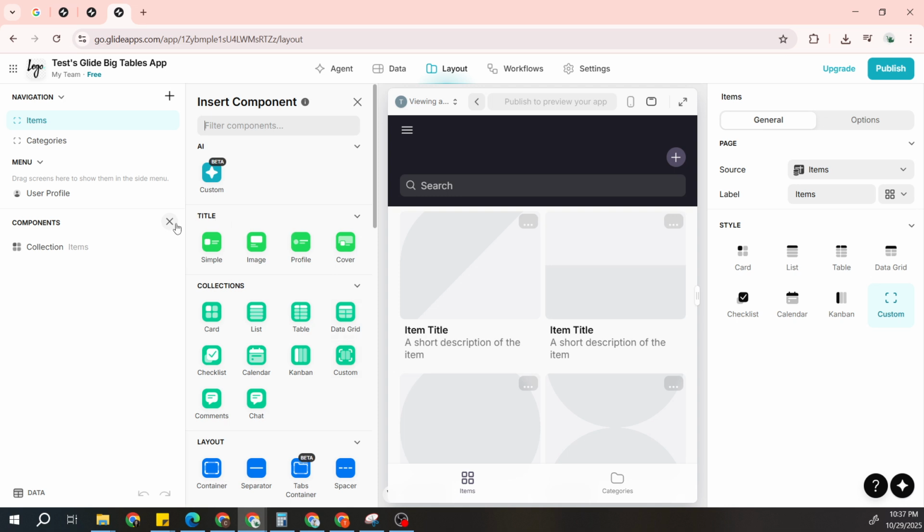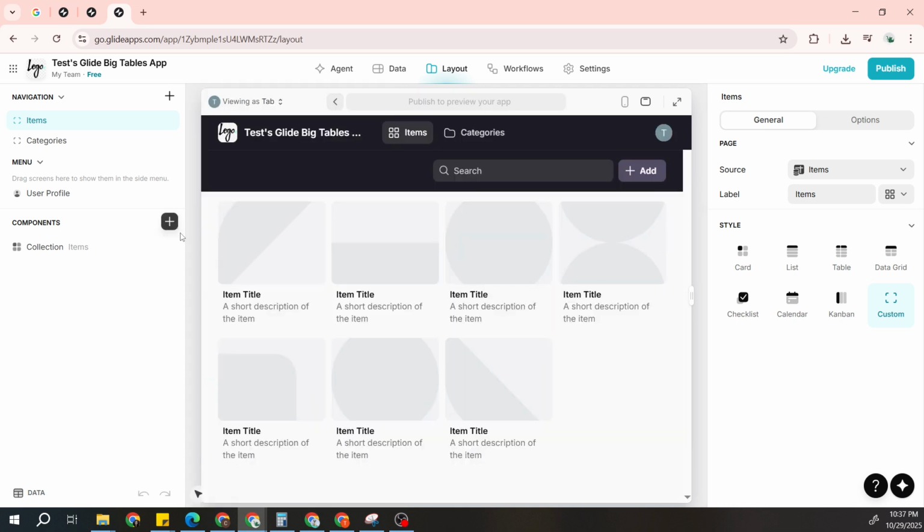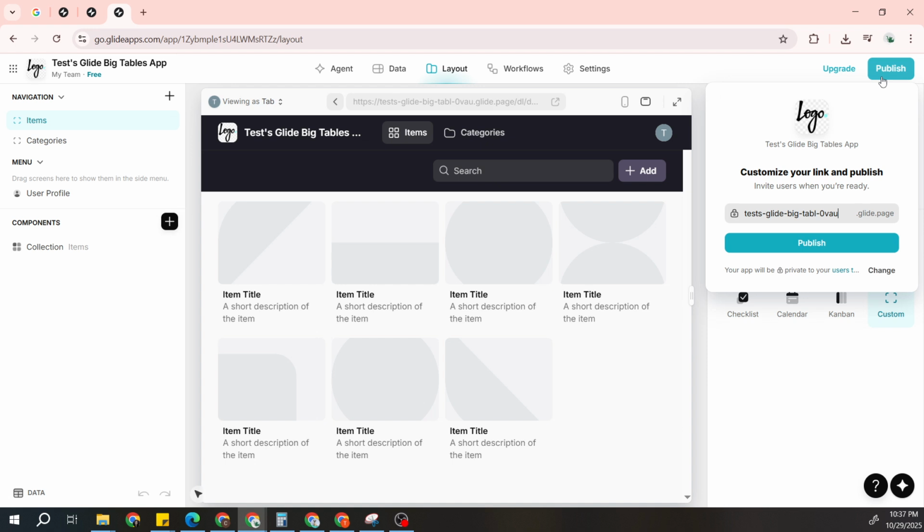Once you're satisfied with the look and functionality, your next move is crucial: publishing your app. Direct your attention to the top right corner of the Glide editor and locate the Publish button. Clicking this button brings up a window where you'll be prompted to create a custom URL for your app. This URL will have a glide.page ending, so take a moment to come up with a memorable and relevant name